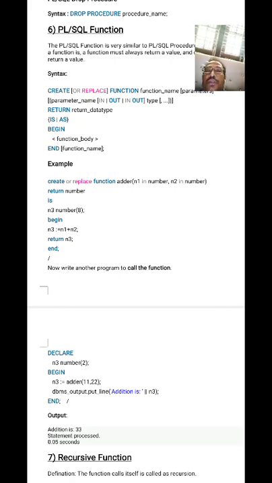So concentrate on the function, don't see the program, see the function, right? The intention of the program is to find the addition of two numbers by using the function concept.